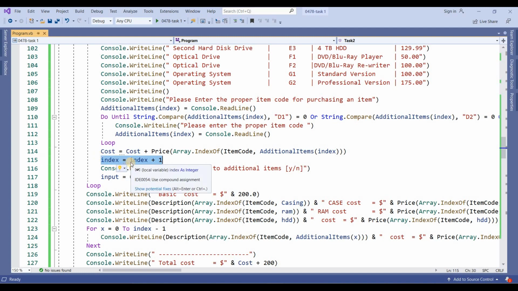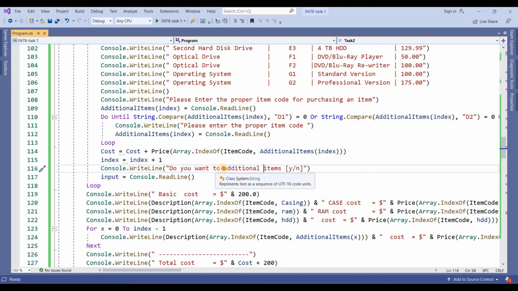That's why I am moving the index equal to index plus 1. Clear? And it will ask me again, do you want additional items again? Yes or no. In case of yes, it will repeat this process, or in case of n, it will stop this process.